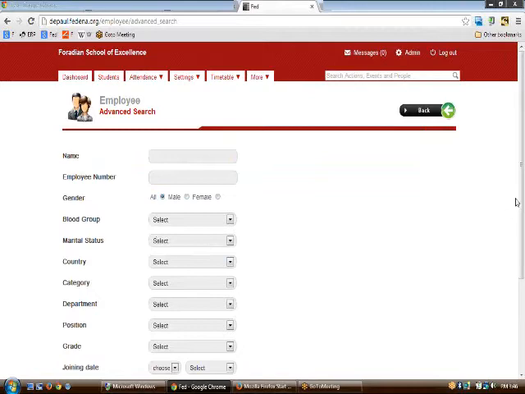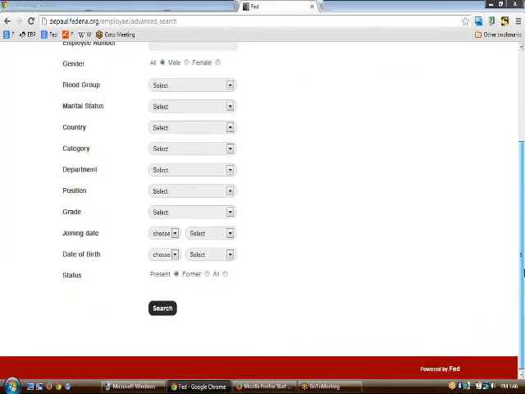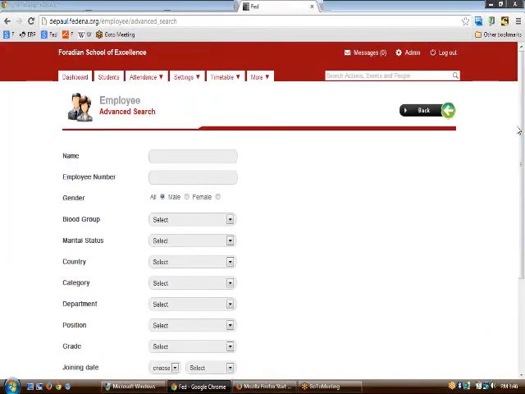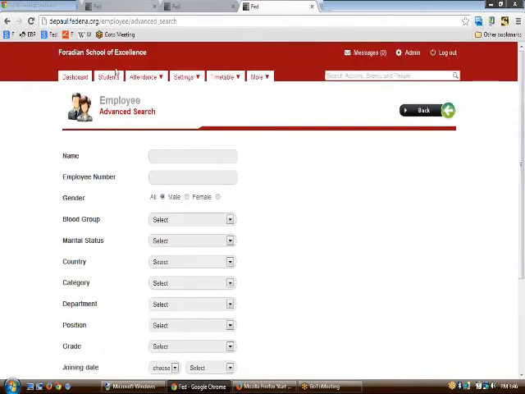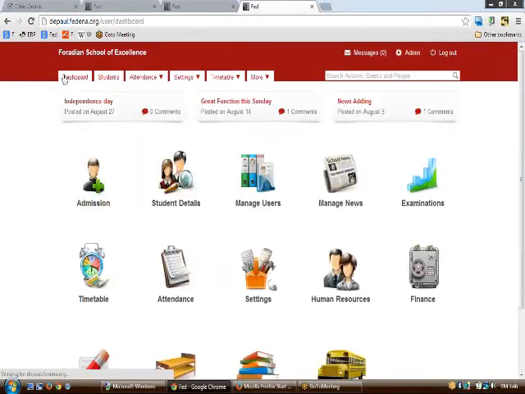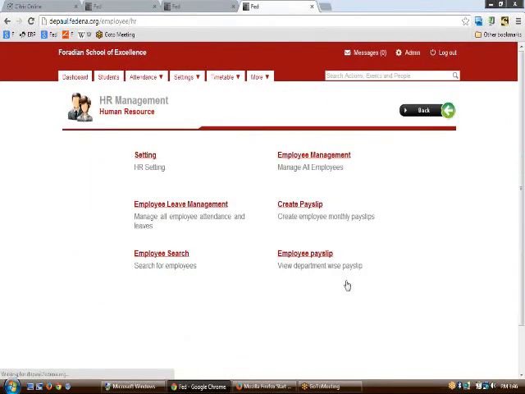This will give you a view similar to the advanced search available in the student detailed search also. So this is how the employee search is to be dealt with.